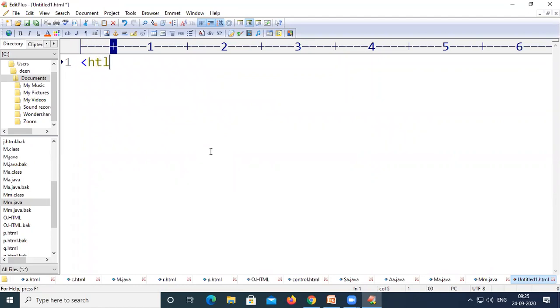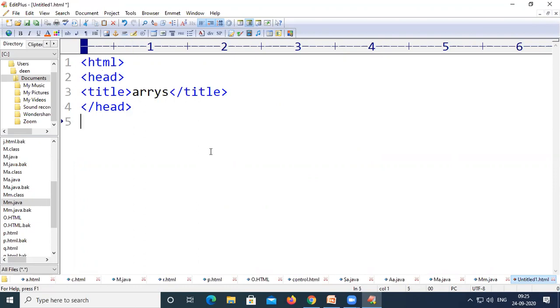Let us start with an HTML tag, head tag and title tag. My title is arrays. Closing the title tag, closing the head tag, and now opening the body tag. Inside the body tag, I am going to write the script tag because we want to write some JavaScript code here.